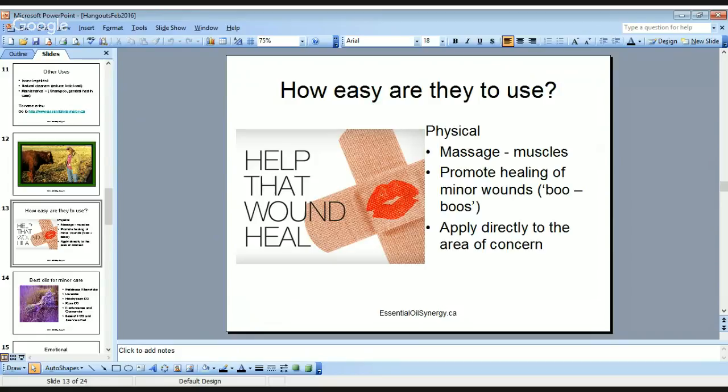So, how easy are essential oils to use? Well, let me tell you how easy they are to use. They are so easy. You can just use a few drops. One or two drops can help most ailments that you have. You may have to reapply a couple of times, once in the morning, once in the evening, but you don't have to worry about toxicity. Unlike if you use different